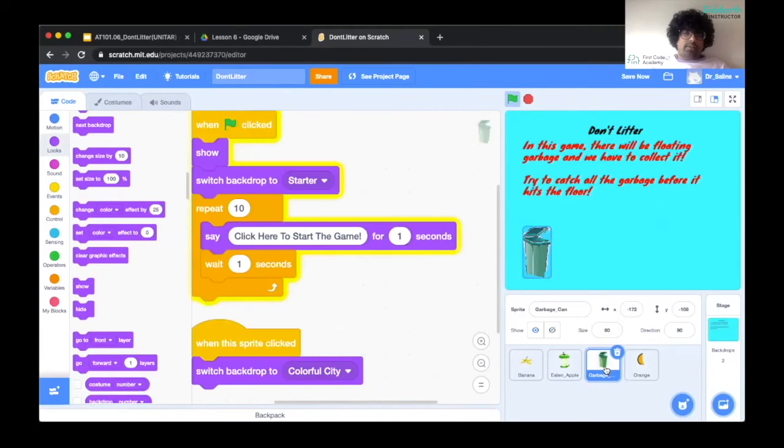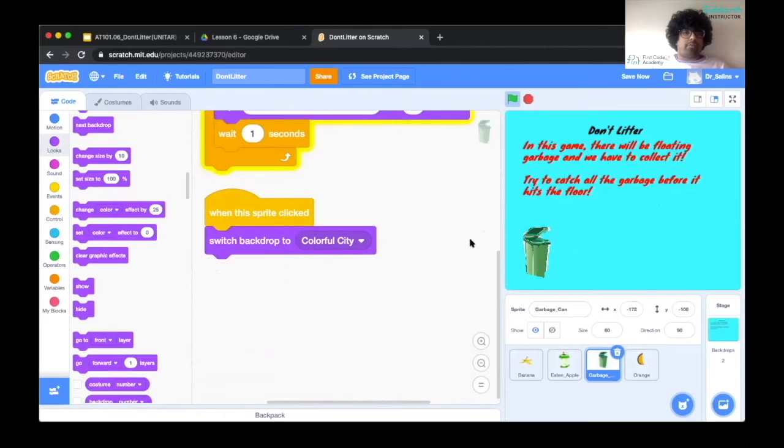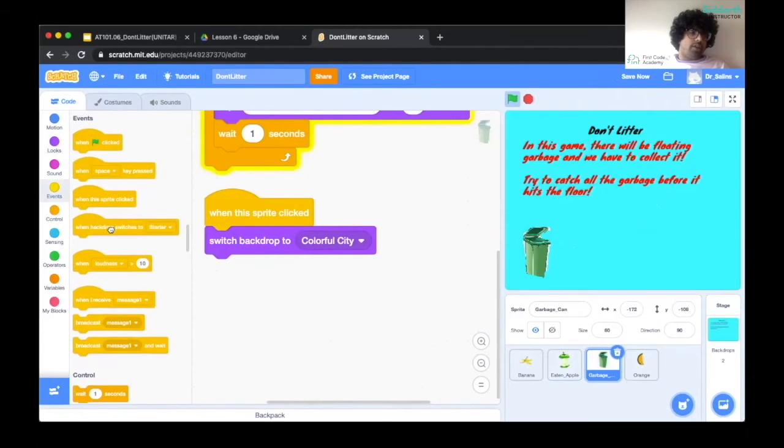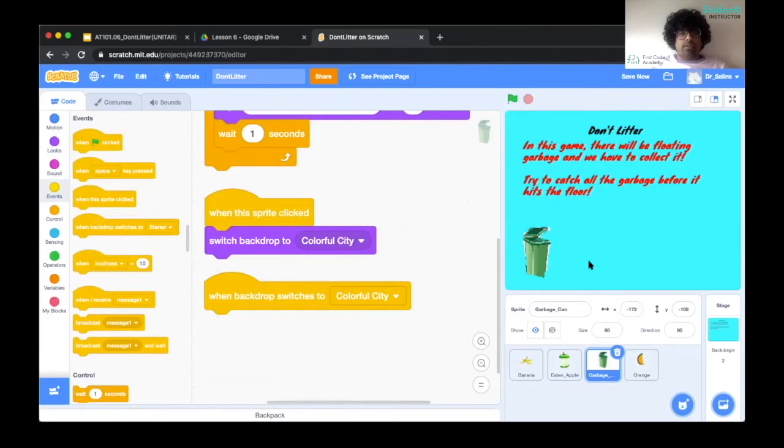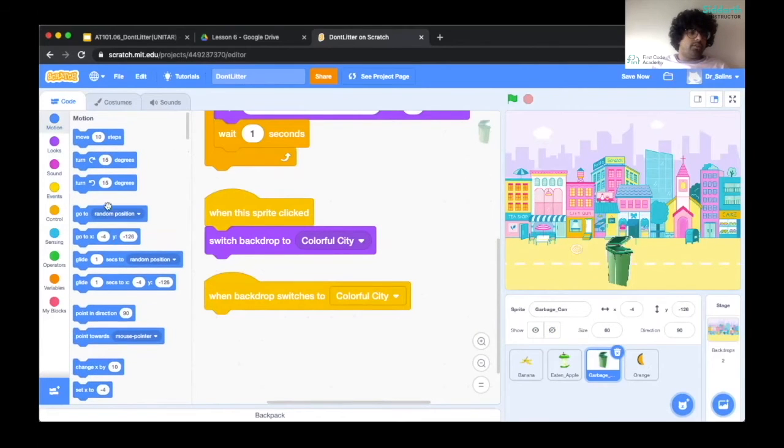So the next thing is when we now switch backdrop, right? So we click on events, take out when backdrop switch to colorful city, and then I would like it to stop, show itself, and then also go to the position over here. So I can drag this here, and then we can take out motion, go to,